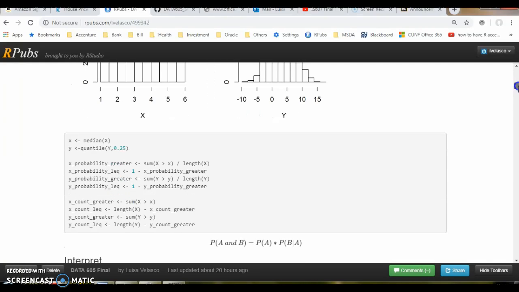And for the small x, we have median. And for the small y, we have the first quantile. And I set up a couple of variables for the probability and for the count of each number, being x greater and less than equal, greater and less than equal for y, and also the count of each corresponding